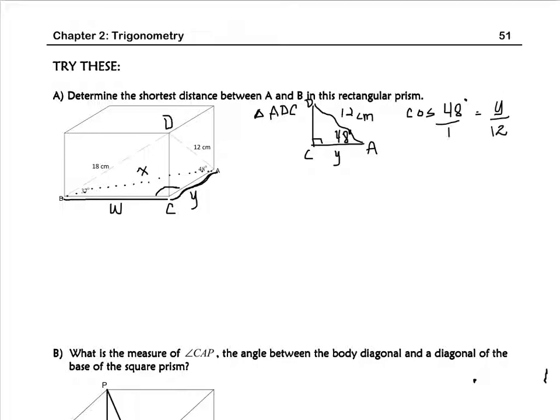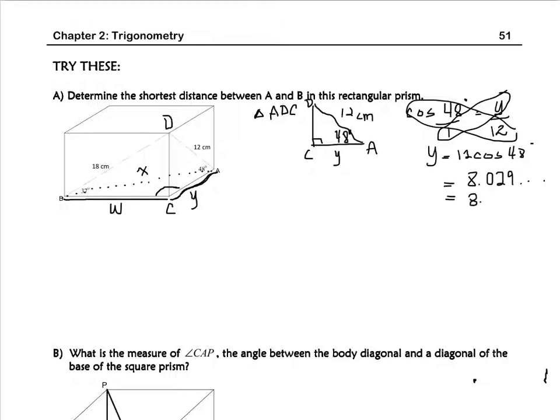And then we would cross multiply that and get y equals 12 cos 48 degrees, which would be 8.029, so on. So if you round it to one decimal place, it would be 8.0 centimeters. Then if we move to triangle